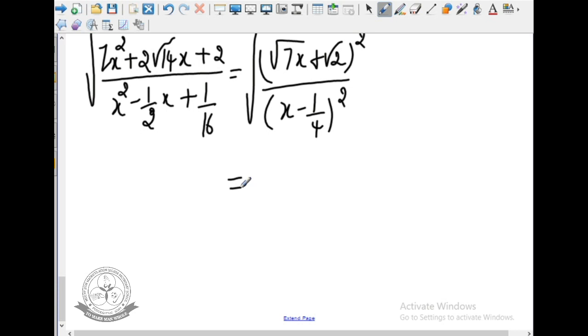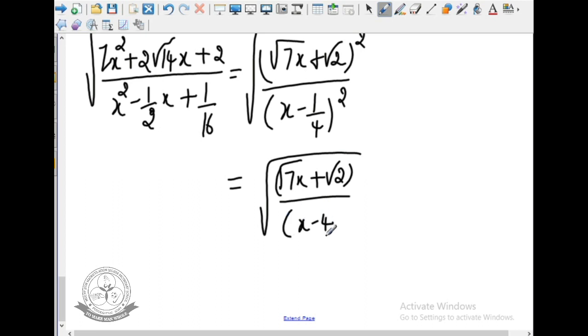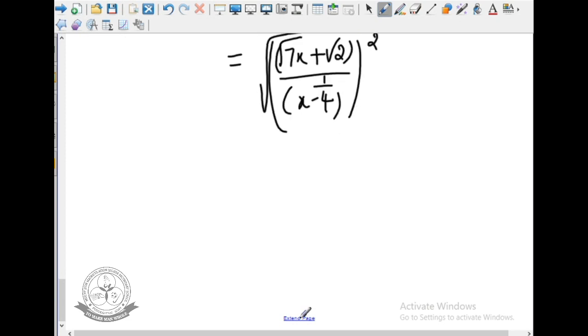So the whole square I can take out commonly. So that is square root of ((square root of 7x plus square root of 2) by (x minus 1 by 4)) whole square. The square root value and the square value will cancel. Then after that I will get only the values, square root of 7x plus square root of 2 divided by x minus 1 by 4,